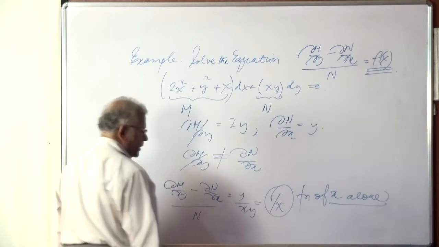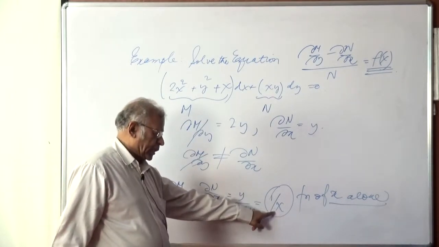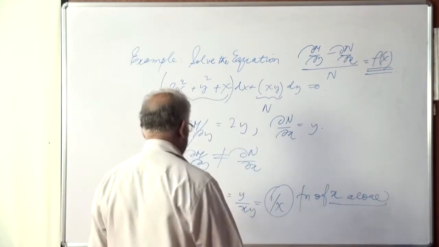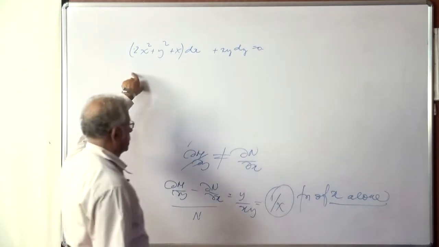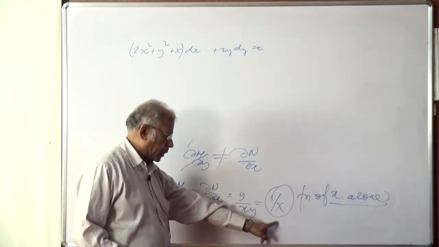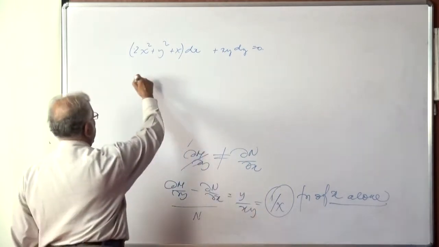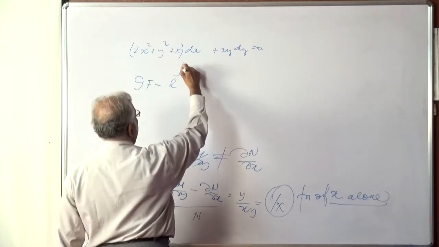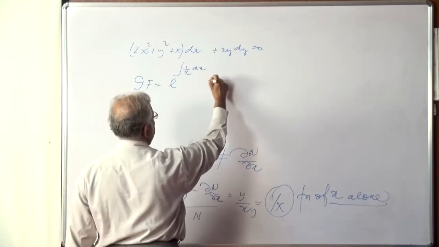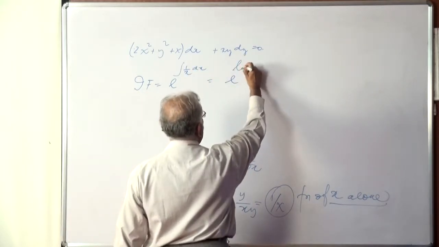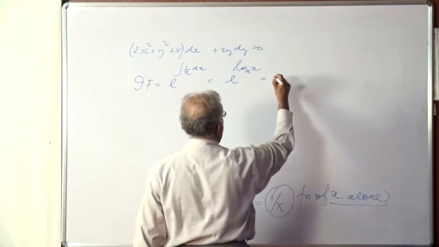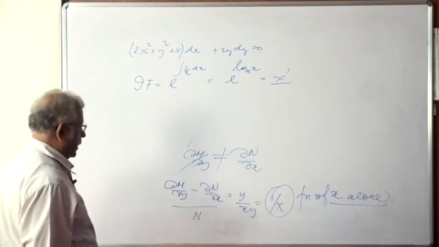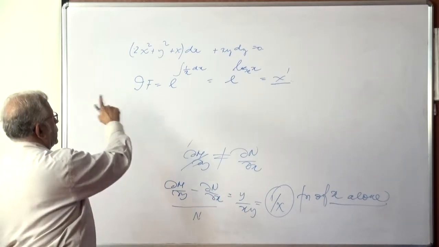So our integrating factor is e to the power of integral f(x) dx. So the required IF is e to the power of integral 1 by x dx, which is nothing but e to the power of log x, and that is x to the power of 1. So if we multiply this by x to the power of 1, the equation becomes